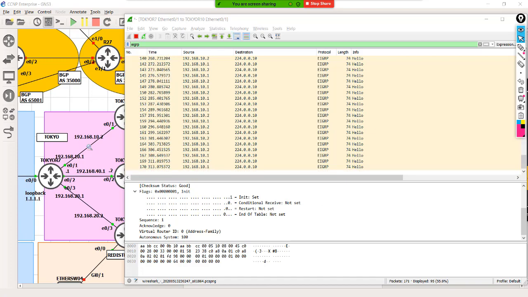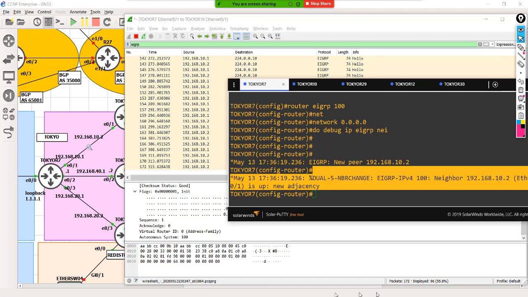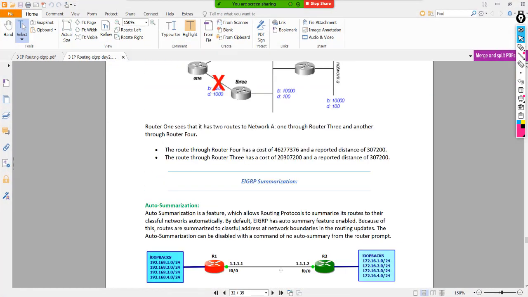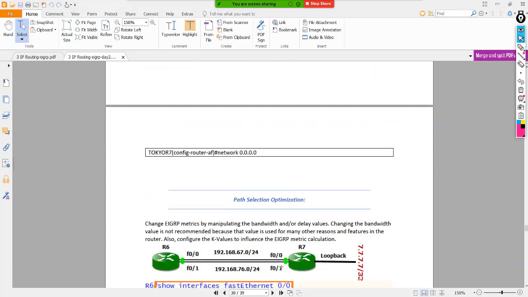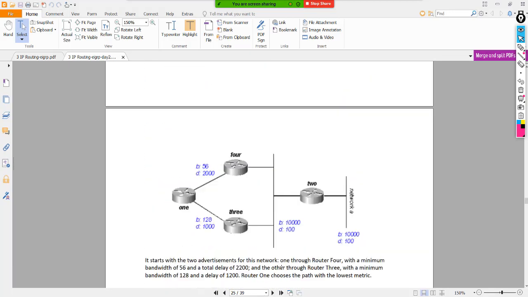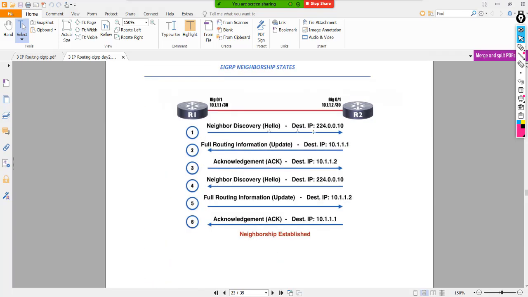So I have documented those neighborship topics. Okay, so if you go back and you just follow the theory, you will understand what I'm exactly trying to say here. Okay, so this is what is happening. First, hello packet from R1 to R2. R2 will send the complete routing information, which is a